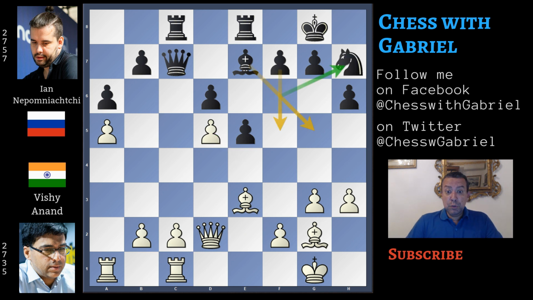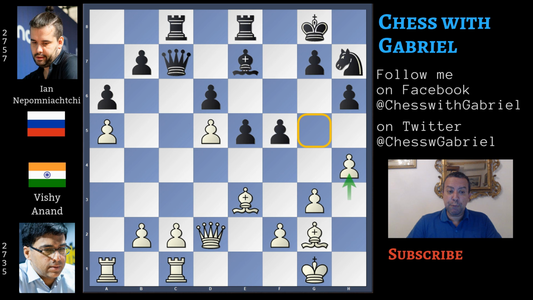The knight moves to h7, and there are two ideas behind this move. The first one is to push f5, but there is also another idea. Bishop to g5, with the idea of taking away the bishop pair from white's hand and exchanging the good white bishop. So that's why Anand continues with h4, controlling g5 so that bishop to g5 is not playable anymore, and